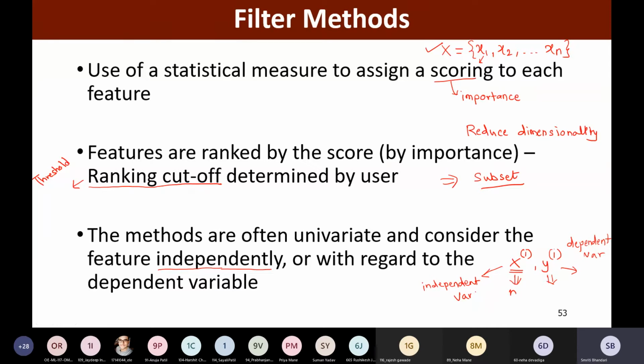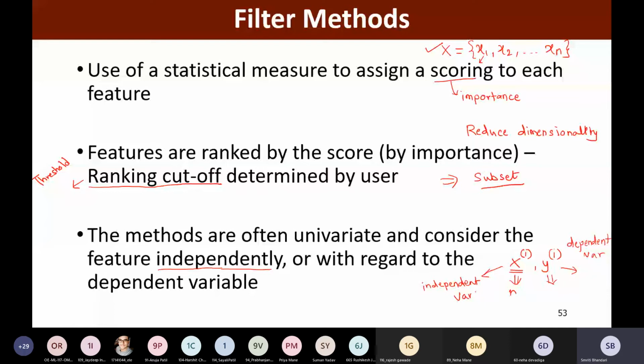The independent variables are being considered individually or with regard to the dependent variable, and we try to find out some statistical parameter out of these variables. And we try to find out the score associated with every feature in our feature vector.